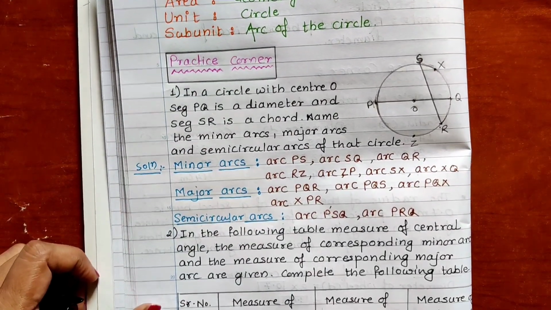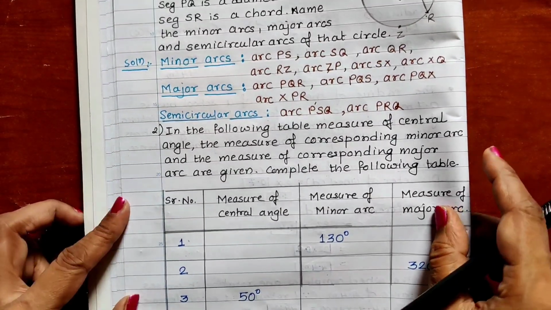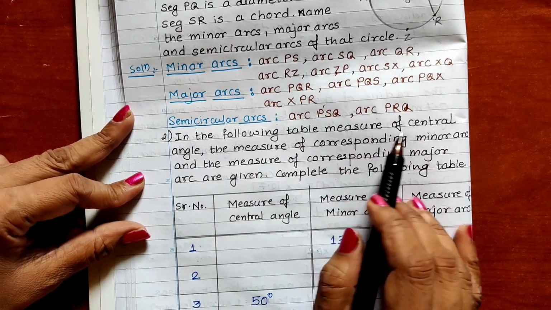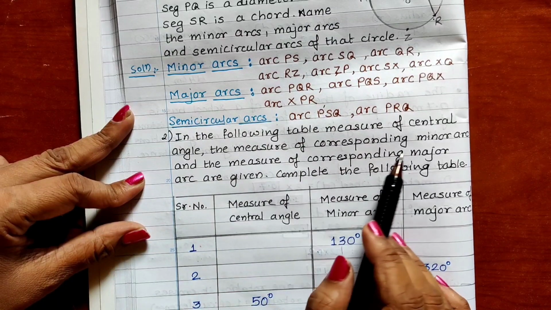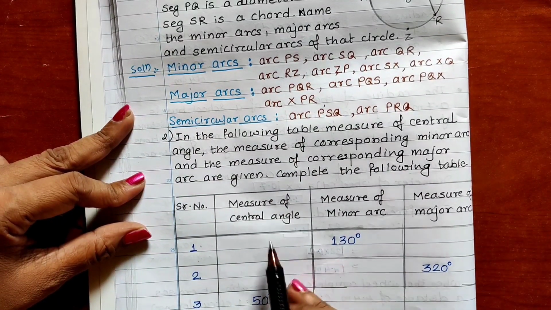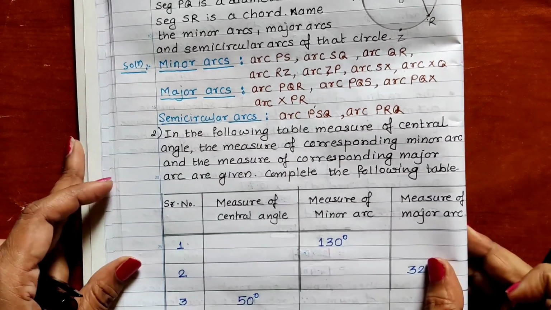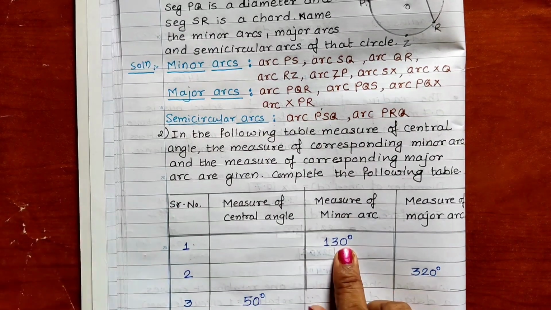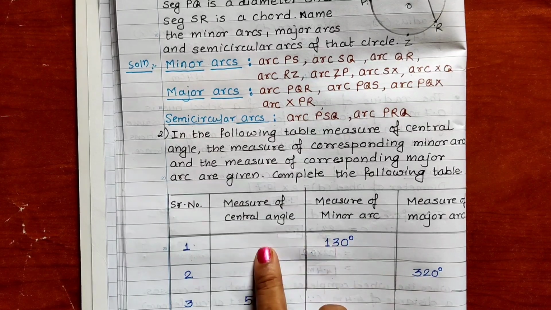Okay. Now let us come to the next question. The next question is, in the following table, the measure of the central angle, the measure of the corresponding minor arc, and the measure of the corresponding major arc are also given. We have to complete the table. So first there is the measure of central angle, measure of minor arc and measure of major arc we have to write. So the measure of minor arc is given,